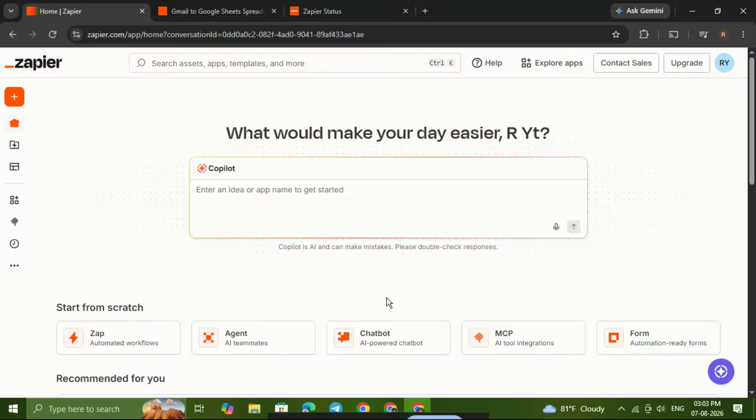If you're seeing a Zapier error status and your Zap is failing, don't worry. In this video, I'll show you a simple step-by-step way to fix it. We're going to check the Zap, reconnect the app account, make sure your permissions are correct, and then publish the